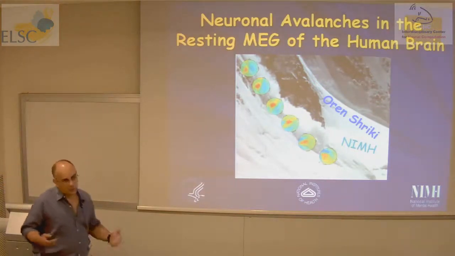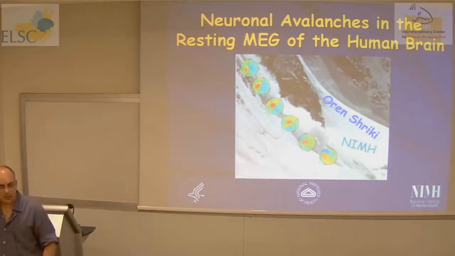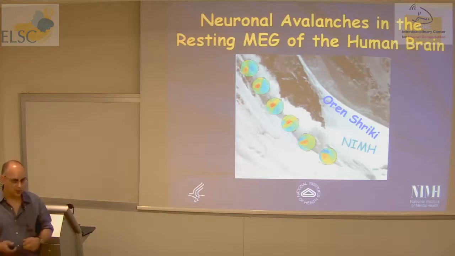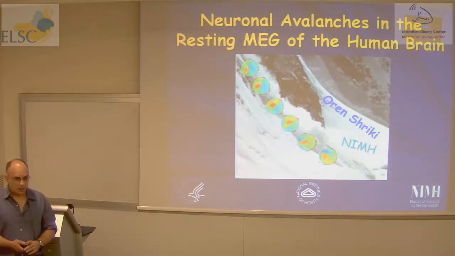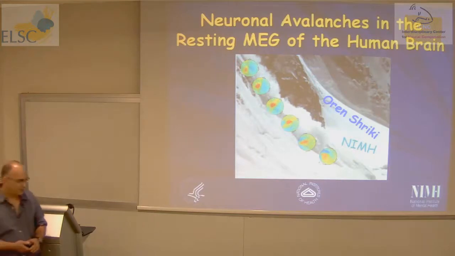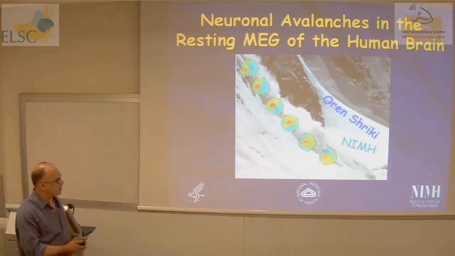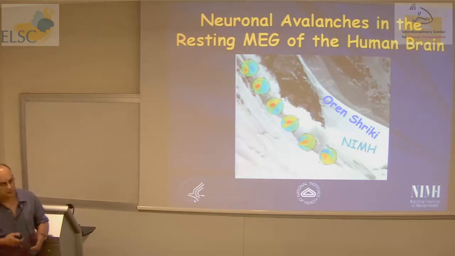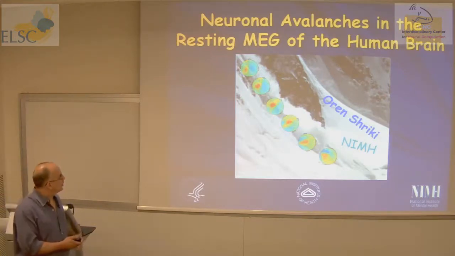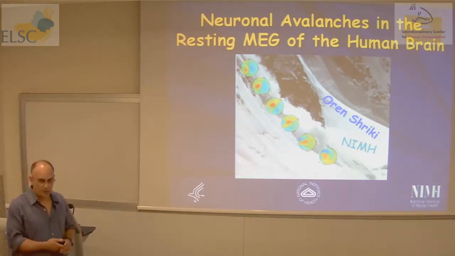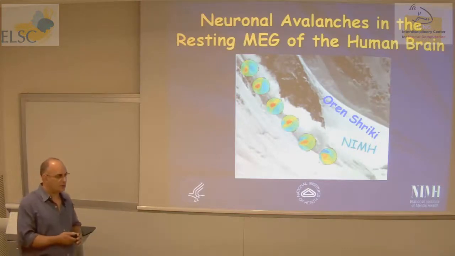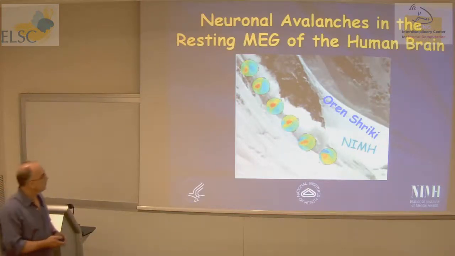So the lab I work at the NIMH is actually a wet lab. The expertise of the lab is cortical cultures, organotypic cultures, also rats. They do calcium imaging, optogenetics, and also recordings from monkeys with arrays. But I'm applying tools that were developed in the lab and other tools that I developed on the way to MEG. And we get similar results. So it's kind of interesting, and I want to show you how we do that.